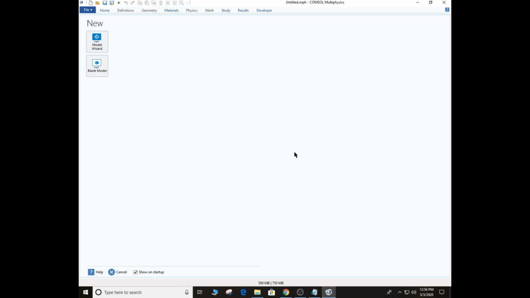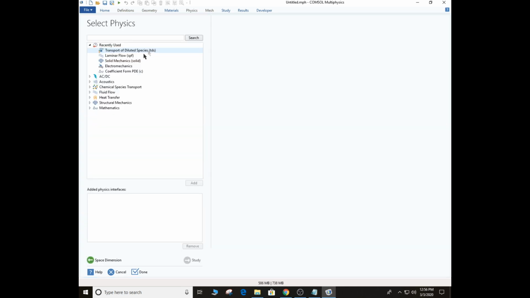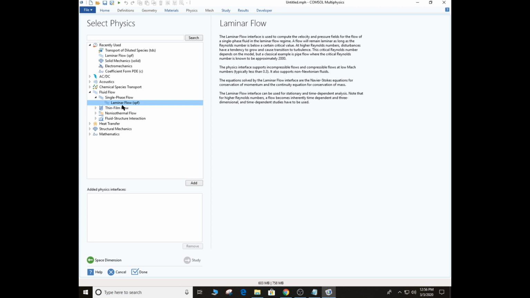So don't do this part, just load up the file. But what I want to do is show you what you would do if you were going to start from scratch. Here are the two physics modules that you would put in. You go to 2D, of course, because it's going to be a 2D model. You would go to fluid flow, then single phase fluid flow, and click on laminar flow. You would add that,